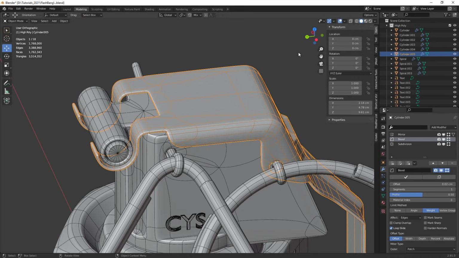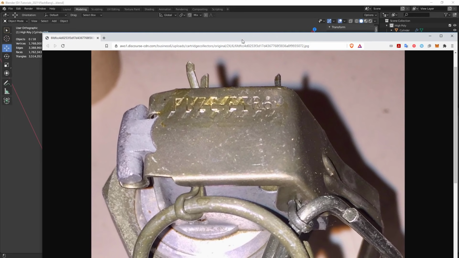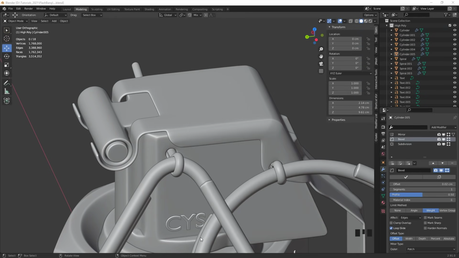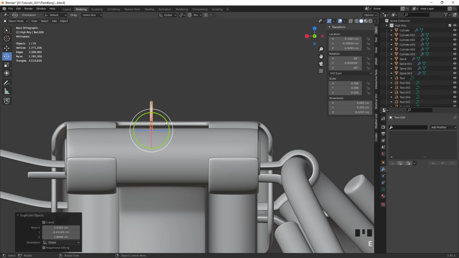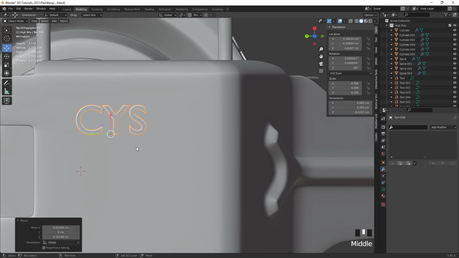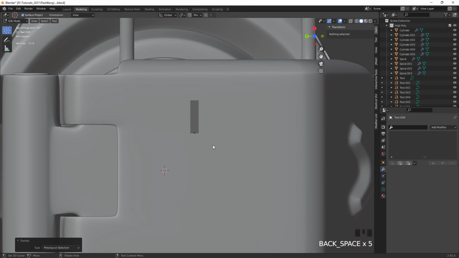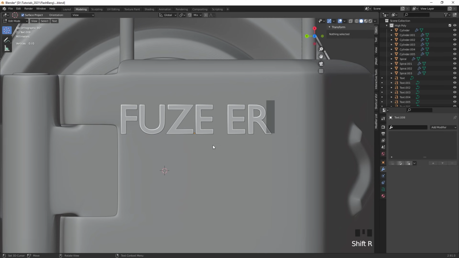So now we can add this back on and we have less of a pinch there. And I also want to add some text here on the top. I stumbled upon this reference which I didn't see before, so that's why we're gonna do it now. And this text we can just copy here from the already existing one, and it says fuse